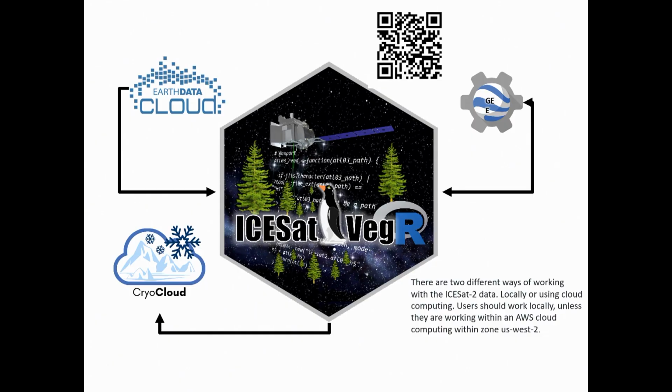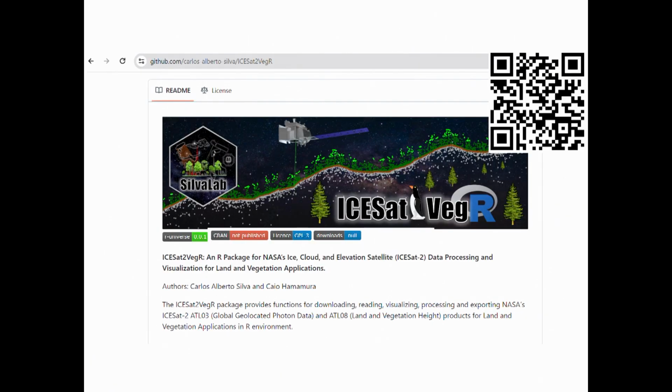In this package, you can do all the framework that I just mentioned. You can start with ICESat-2, you can integrate with the optical data, the SAR data, and develop the upscaling approach. The nice thing about this package is that you can work locally, but it also integrates with Earth Engine, everything in R. So you don't need to download data from Earth Engine to your machine and do all the modeling and upscaling approach. Everything is connected in R. So as I said, the package is available on GitHub. We submitted it to CRAN a couple of days ago, so hopefully it will be available on CRAN as well.